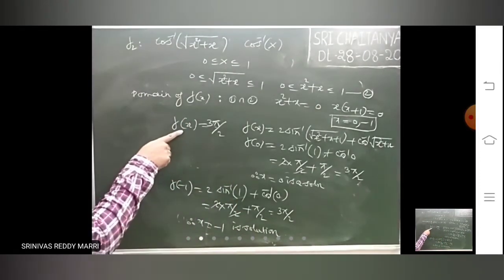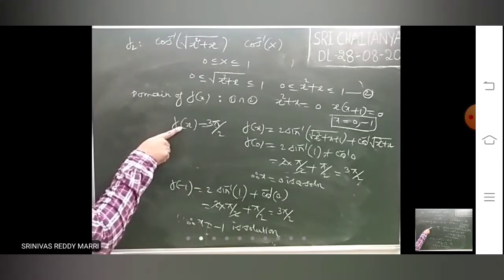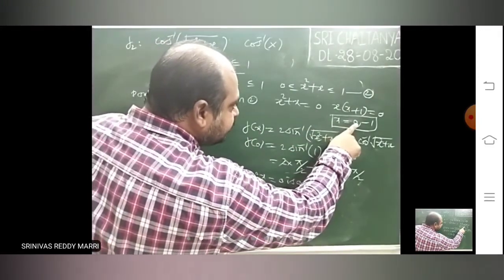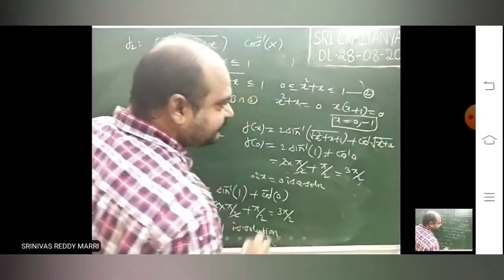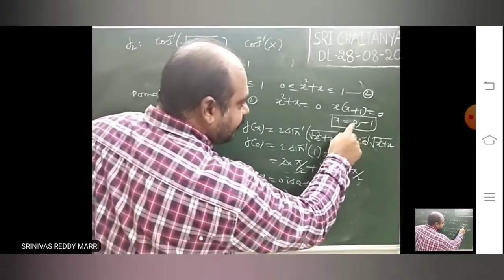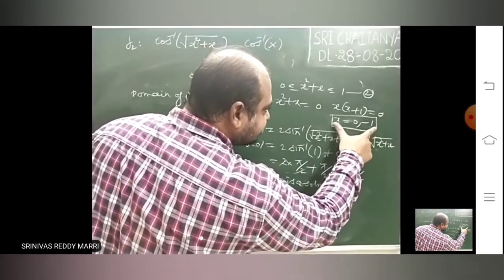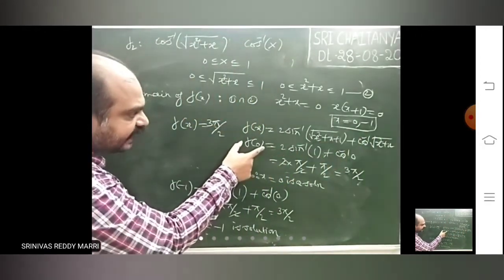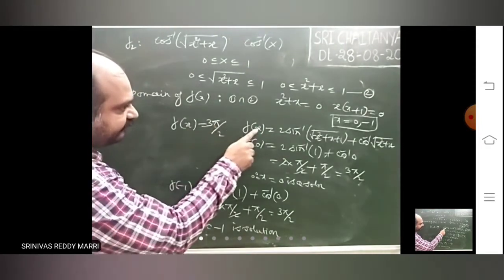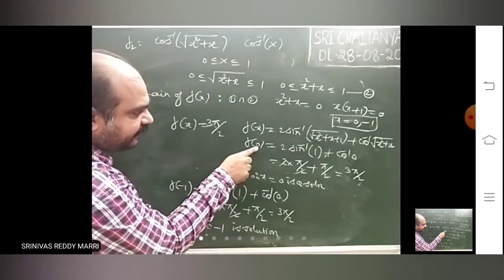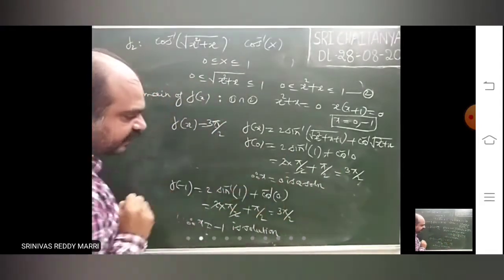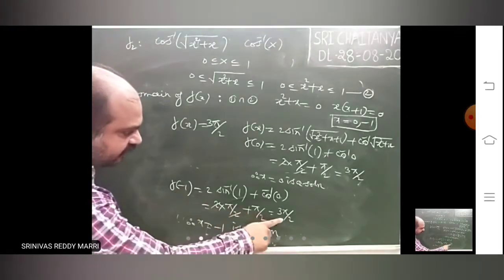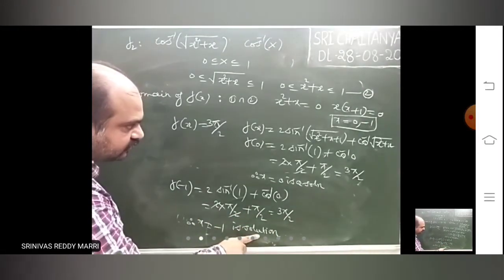Like that, we will take the equation like this. For f(x), I have calculated the domain. The domain I got is only 0 and -1, only two elements. That means solutions will be in these two elements itself. But if you got 0 and -1, it is not necessary that these are solutions. You have to check. You take this equation f(x), you check whether you are getting 3π/2 or not. f(0), I got 3π/2. So therefore x equal 0 is one solution. f(-1), I got 3π/2. So this is one solution.